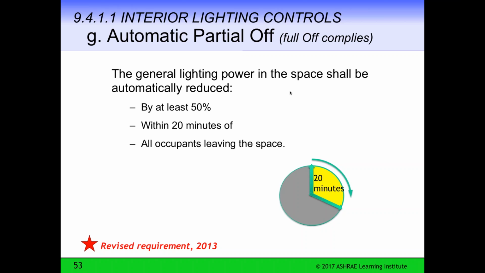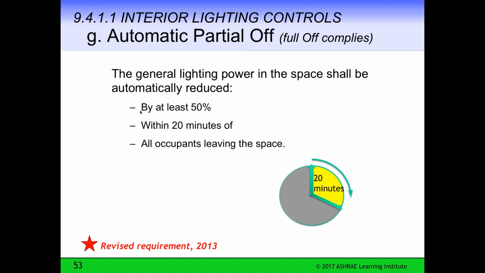So these are control devices, space sensors, occupancy sensors, vacancy sensors, so that the general lighting power in the space shall be automatically reduced by at least 50% within 20 minutes after all occupants leave the space.